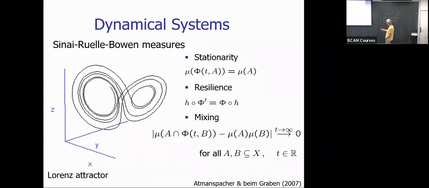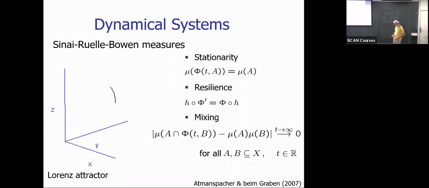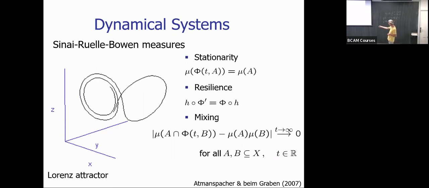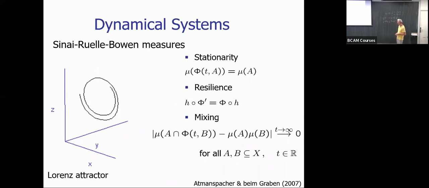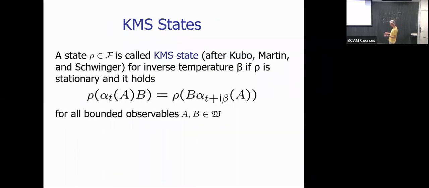And then finally, you have a similar property like the clustering property I have shown before, which was about the loss of spatial correlations, but now it's also important that you have this loss of temporal correlations, and this is called the mixing property. So this is very well known for classical dynamical systems, for chaotic attractors, for example, but now we can try to export these notions to the algebraic framework. And this has been done by 3 important researchers,